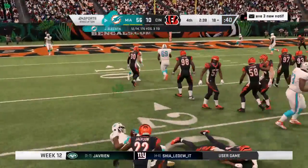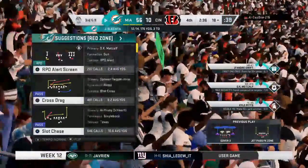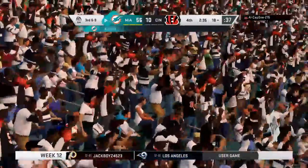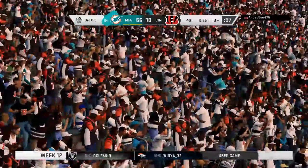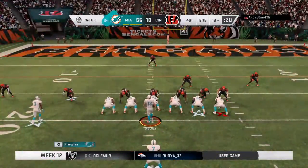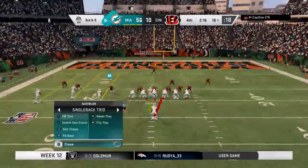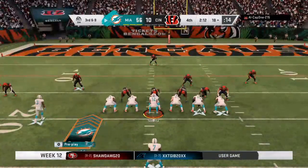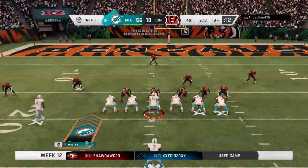And he'll take this inside the 20 and down to the 18. After getting stuffed on first down, not much better there. 2-yard gain. The Dolphins on third down. They've been near perfect, 4 for 5 to this point. This is 3rd and 8. He's coming. Double up, double up. He's coming. But I...